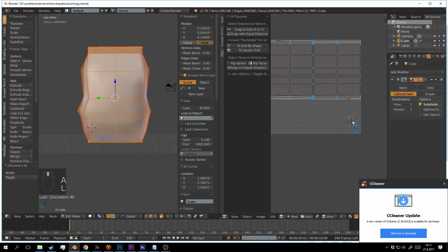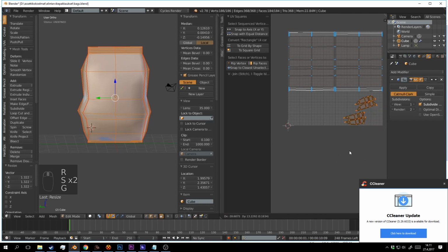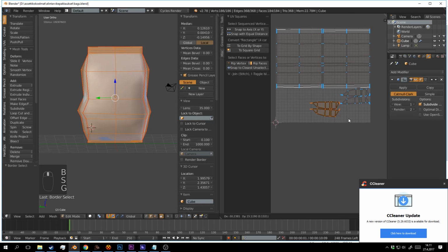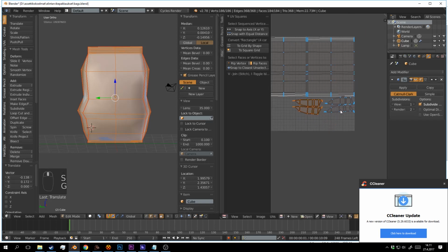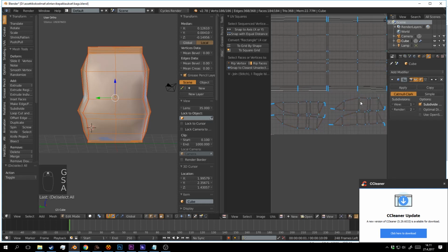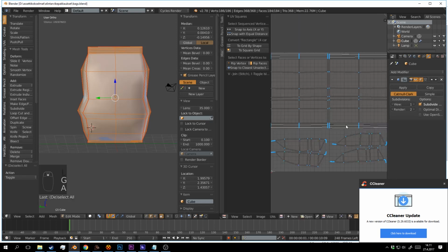Okay, now I can just select those, actually select those all and just scale them. Like this, and then select those and move there, and then select again all of those and just scale until they're quite okay. Alright, so